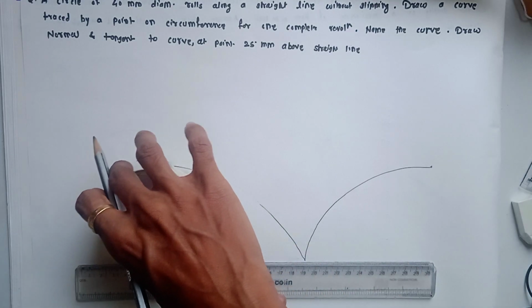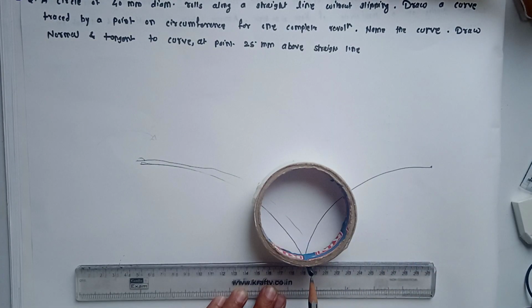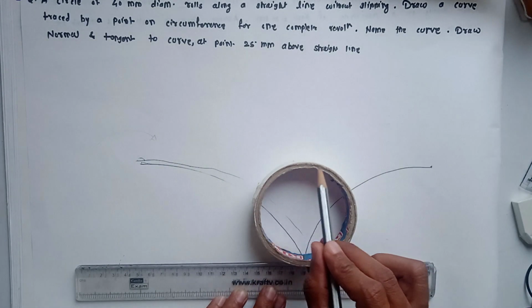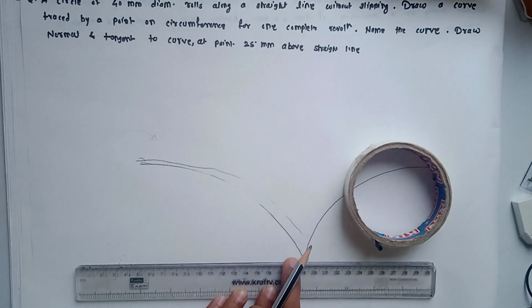If you take the half revolution, so you can see here, after half revolution, this point will shift the position exactly by 180 degree. Okay. So, this curve is only for the half revolution. So, similarly we can draw the cycloid curve for one complete revolution or for half revolution.